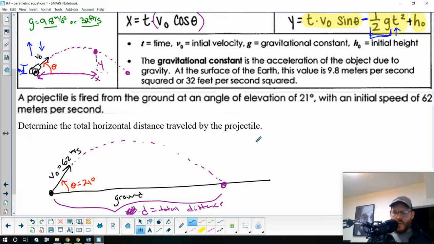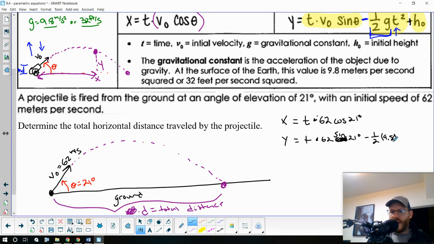Based off these equations, this projectile's path is going to be defined by x equals t times 62 cosine of 21 degrees, and y is going to be t times 62 sine of 21 degrees, because it's vertical, minus 1/2 times the gravitational constant, 9.8. Now I know to use 9.8 and not 32 because my initial velocity was in meters per second. So I'm going to use the meters version of the gravitational constant, 9.8, not the feet one. So that's 9.8 times t squared